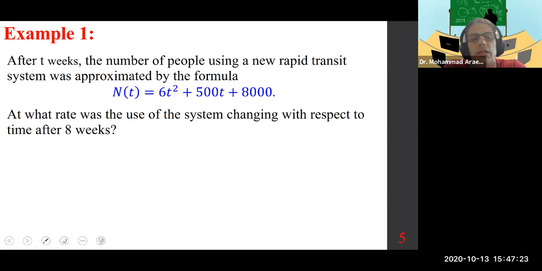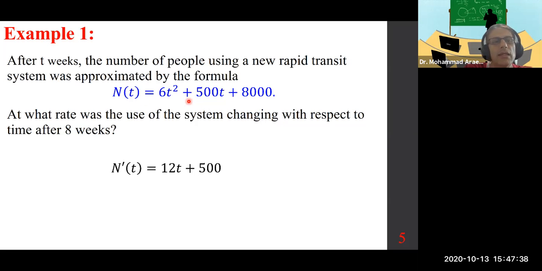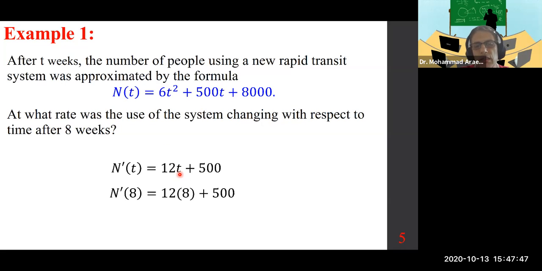So basically, you have one point in time which represents instantaneous. Okay, so number one, you need n prime of t. That's a very simple process, which is 12t plus 500. And then after 8 weeks, you're going to plug in number 8. That's very simple algebra. And it gives us 596. It's important to understand, read the question and write the units, people